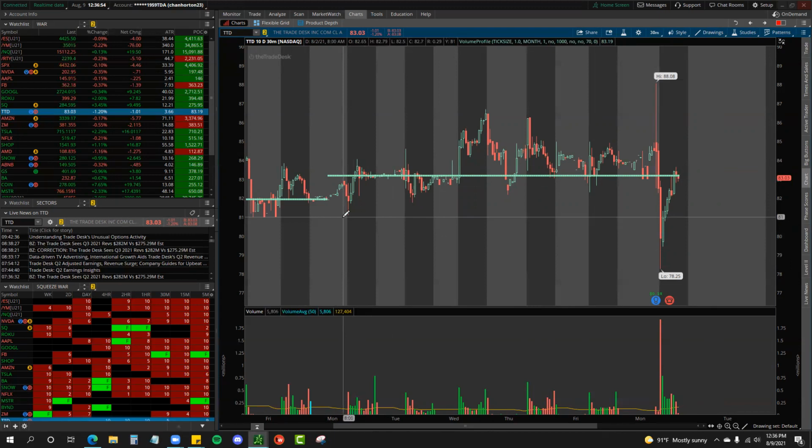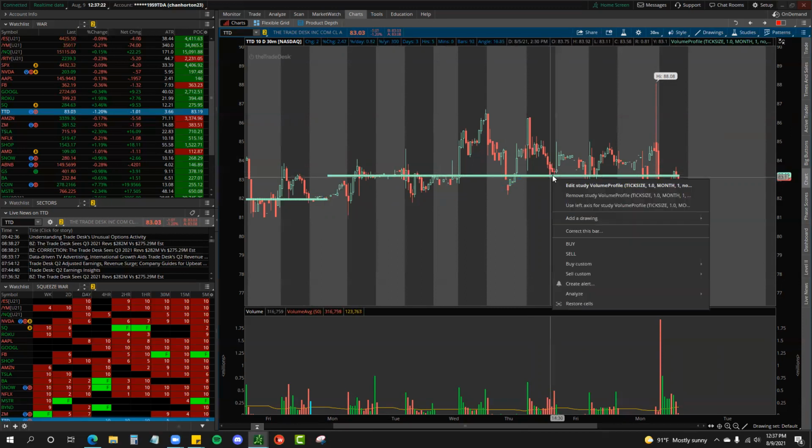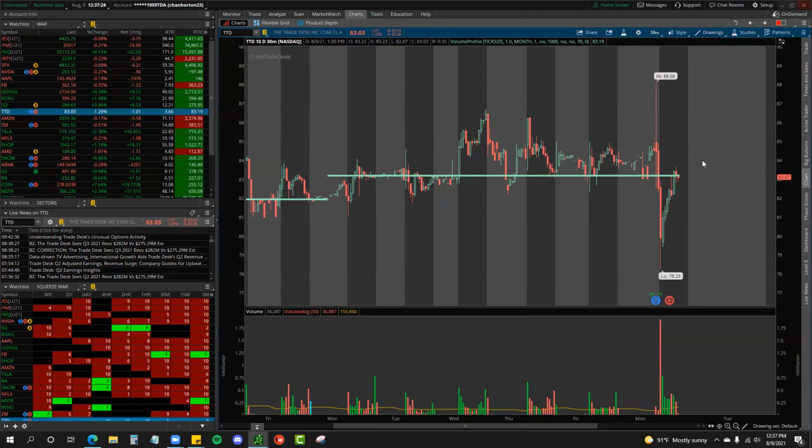You can see TTD here on Monday. They pushed down, and then with that magnet effect, they migrated right back to that level and then chopped on it. So the magnet can drag you to it. It can also keep you magnetized and stuck on it. TTD explodes off of it and then gets too far from point of control, and the magnet brings it right back. Gaps up the next morning, right back to point of control and stops. So that's the first thing, guys, the magnet effect,